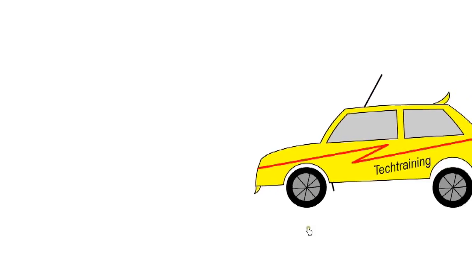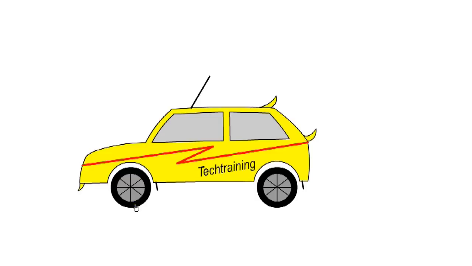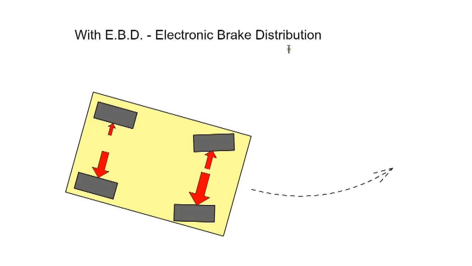Under heavy braking, the weight of the car is transferred towards the front. Therefore, the front wheels do most of the braking. Also, when a car corners, the weight will be transferred to the outside wheels. When the weight is transferred to one side of the car, there is a possibility of the wheels on the other side locking. EBD, electronic brake force distribution, uses many of the ABS sensors to determine wheel speed, and also